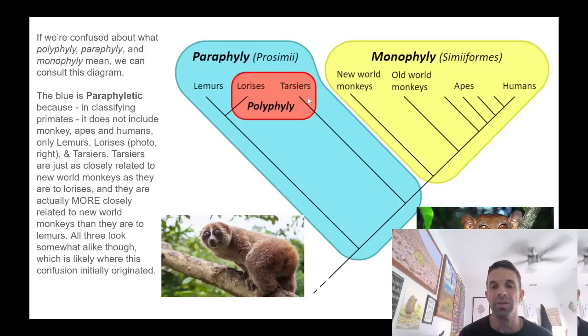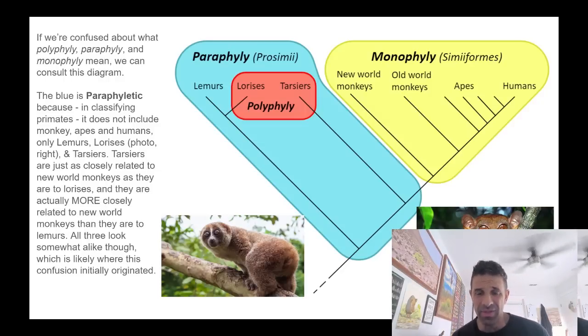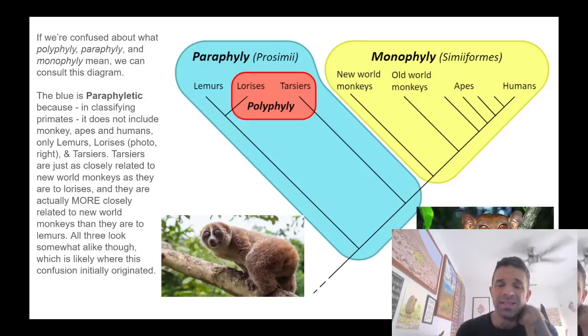Over here you got lemurs, lorises, tarsiers. All right, what is a loris and a tarsier? These big-eyed things, they're probably generally active at night. They do look a lot alike, but it turns out tarsiers are actually more closely related to New World monkeys than they are to lemurs. Okay, and they're kind of in between. If you're classifying tarsiers, lorises, and lemurs all together just because they look alike, and they do, cute little bastards, weird looking things,